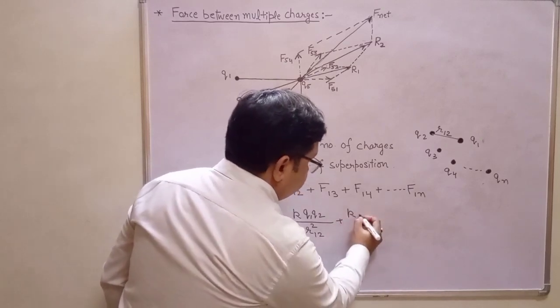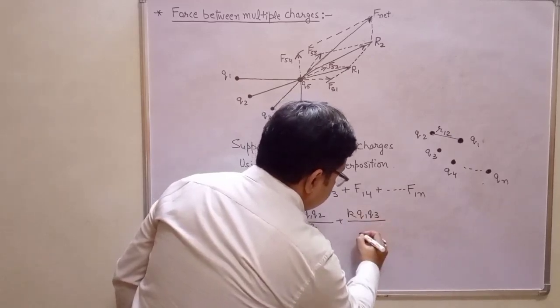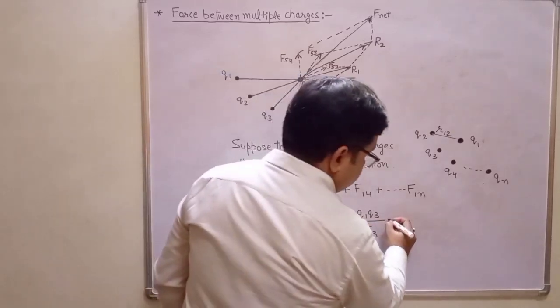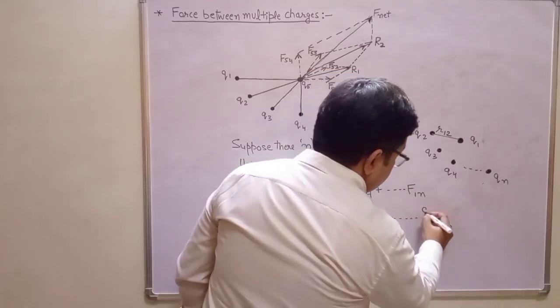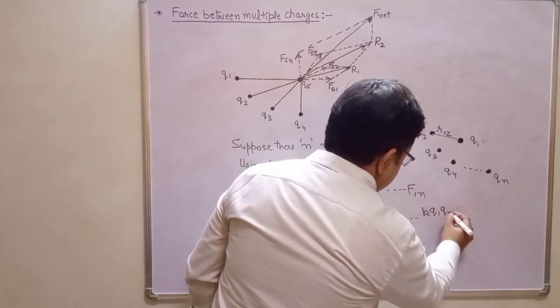Similarly, F13 is K Q1 Q3 over R13 square, and the last one will be K Q1 Qn